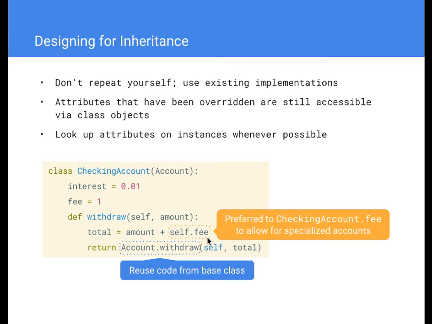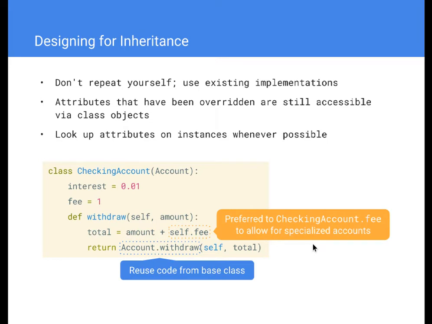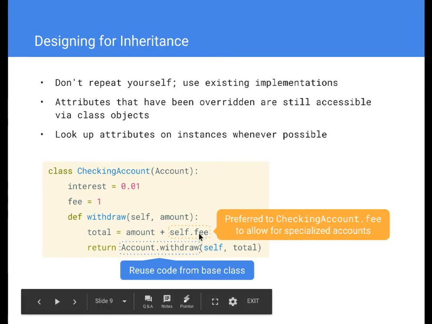All right, so the reason why we use self.fee instead of CheckingAccount.fee is to provide this idea of specialization. So remember what I did from the demo where I set my checking account's interest to be 0.05? What if I want to set my fee to be $2 or $10? Maybe the bank thinks that they can get away with it just for me. So then saying self.fee will make it look up in the checking account object itself